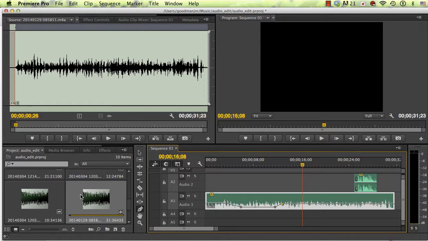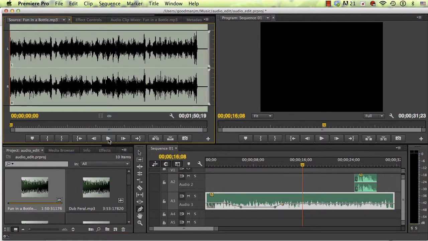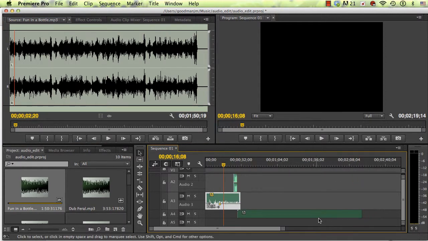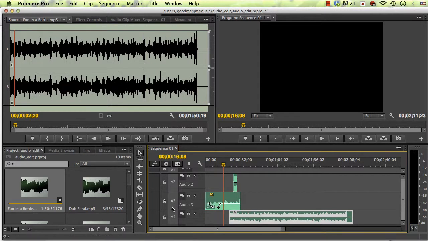And finally, the last thing I'm going to show you right now is how to add some music. So remember, I had Fun in a Bottle. So let's say I wanted that to come in here at the end of my track. I could use my arrow and drag the whole thing down here, the end. I'm going to zoom out a little bit so you can see what's going on. And now I'm going to fade that music in using the pen